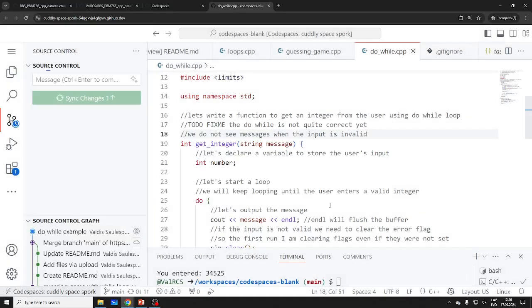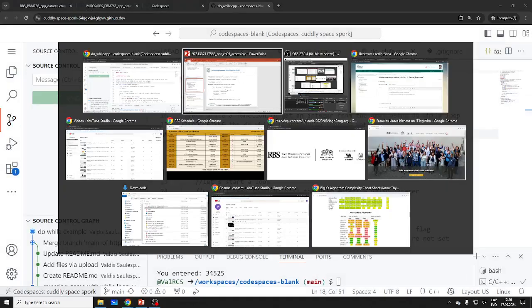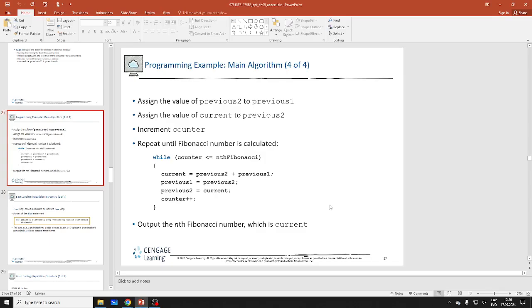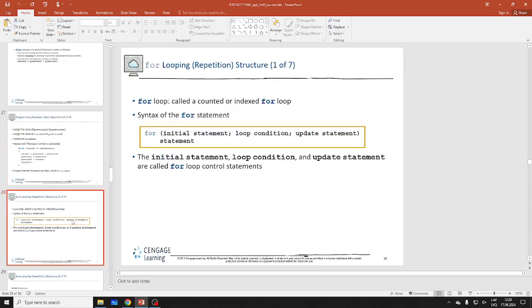But I want to go back to the for loop, of course, which is our main workhorse, right? So, philosophically, we use while loops, to some extent do while, if we don't know how long we want to work, right? But for loops, if you have 1,000 items, we don't really want a while loop. I mean, we could, but we don't. We want to use a for loop, right? Because it's nice, compact, right?